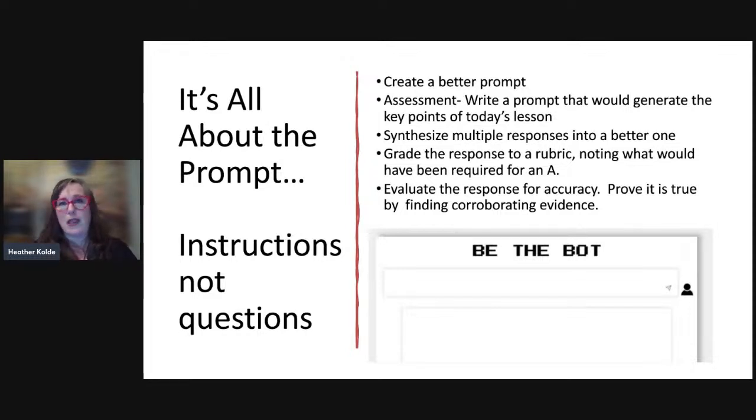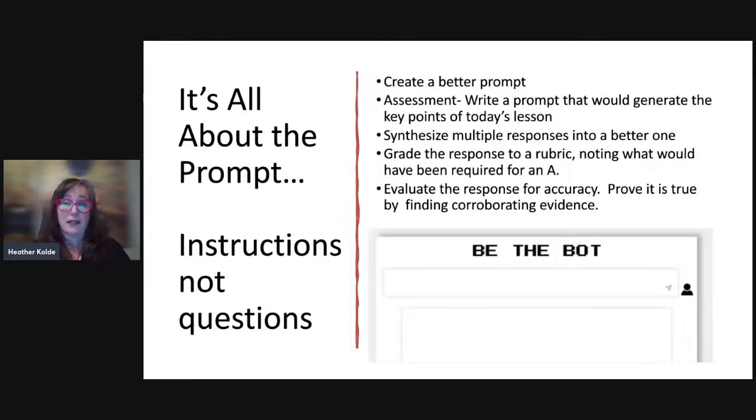So whether that be student generated responses or whether I, as the teacher, have created two or three responses for my students to a question on content that we're working through, and having them look at them and say, well, this one's better because of this, or I would take this from this piece and this from this piece and this from this piece to synthesize that into that higher level thinking.